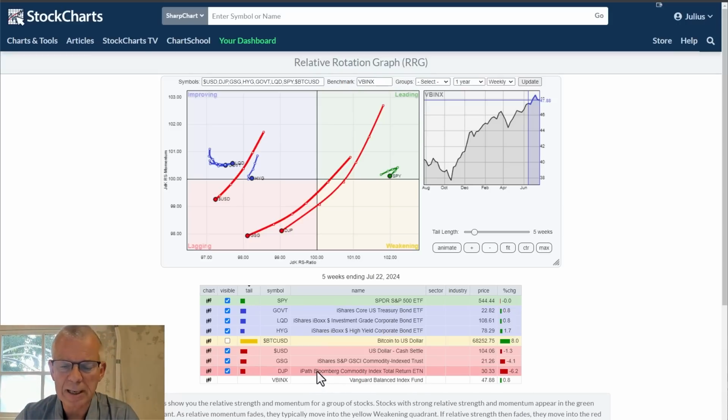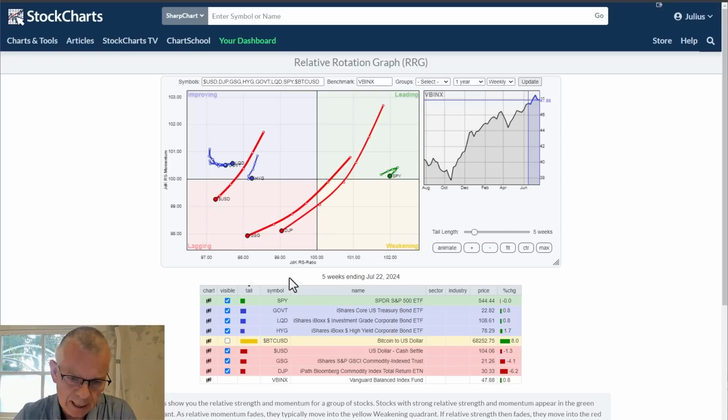And clearly we want to see how that plays out on a relative rotation graph, on an RRG. This is the default RRG that we have for the various asset classes. I have ticked off Bitcoin for now because of the big outlying move, going up, a super strong move. What you see here is that the dominance of SPY, the real strength of SPY and the move further into the leading quadrant, has now rolled over. We are now moving at a negative heading for SPY, which means that it's moving lower on both scales.